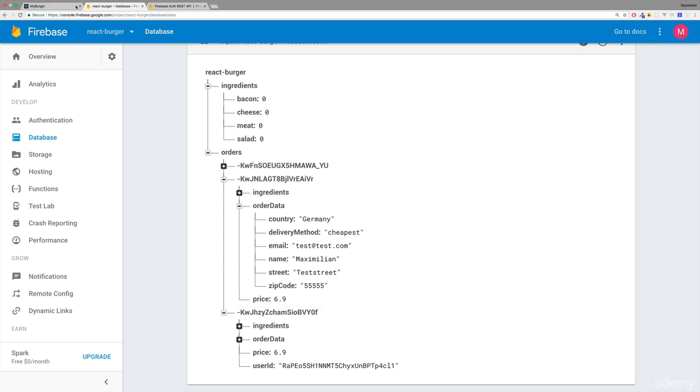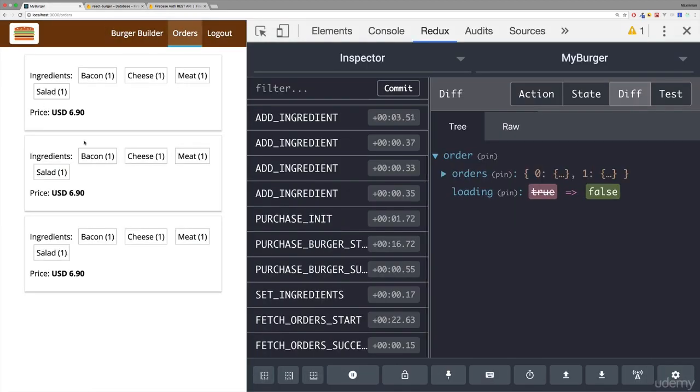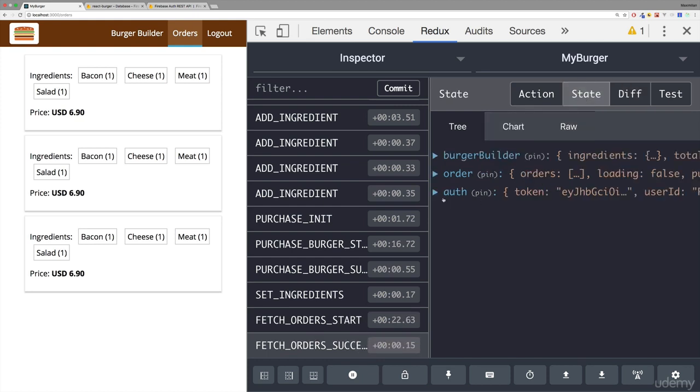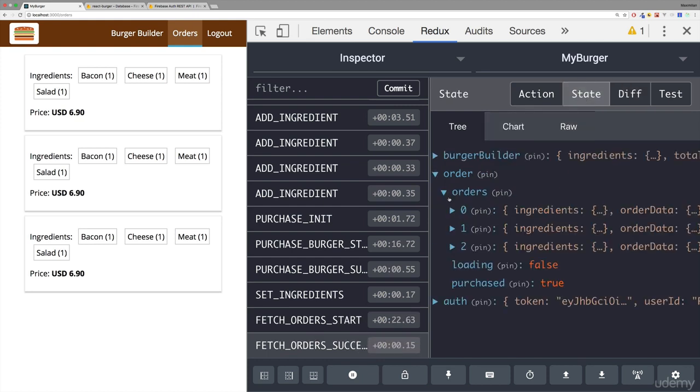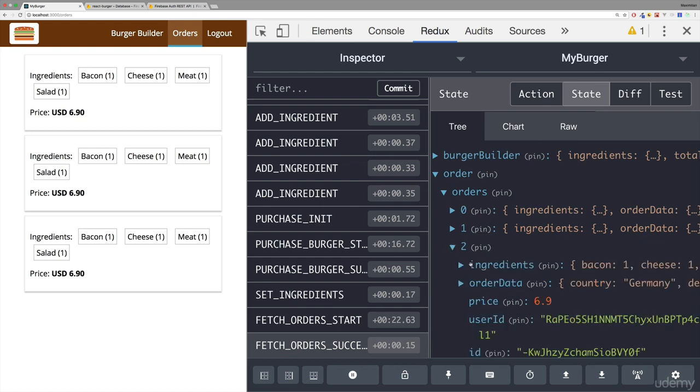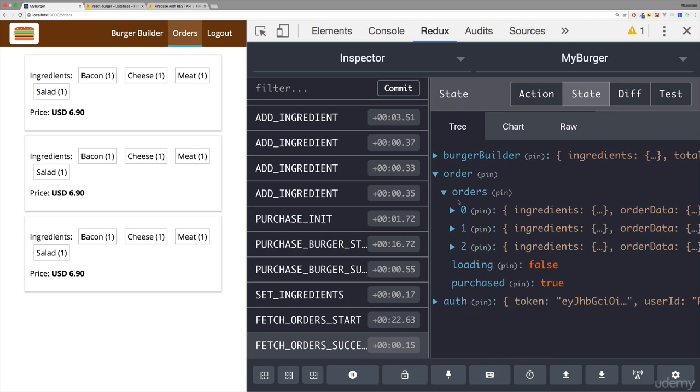Now, of course, we also want to make sure that when we visit orders, we only see orders of that user. Now, there are two ways of checking this. One is on the front end, because the data we get back from the backend will hold this information. We can see this if we inspect our state here for fetch orders success. Order, this orders array. The last order, which is the most recent one, has this user ID property. So we could check if that user ID matches the ID of the logged in user. But we would still fetch all orders.